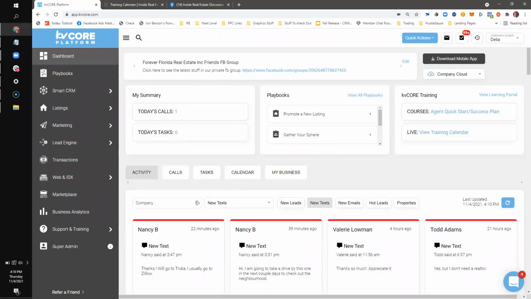Cool. Let me see. I don't see any other questions. We will build momentum here, Christian, and we'll have more people on these, but it is the first in our series. If nobody has questions, I may just take a few minutes before we go to show off the new Gather Your Sphere stuff, which is due to launch, I think, early next week, hopefully. But I have it in my account. Have you seen it yet? No, I have not actually. Yeah. So we'll do that, and then we'll kind of get going here.